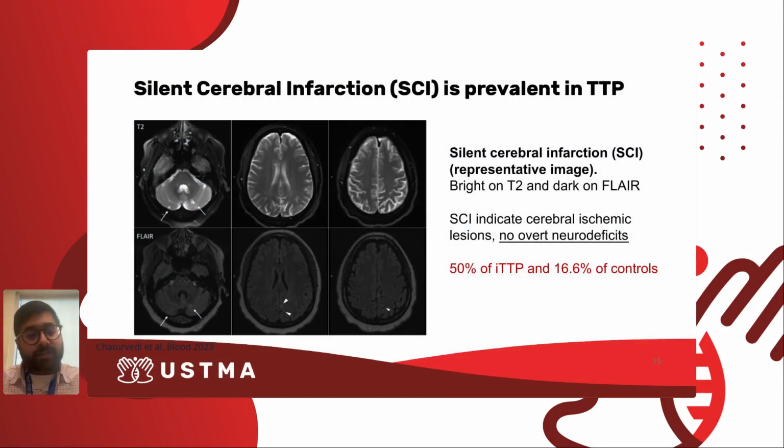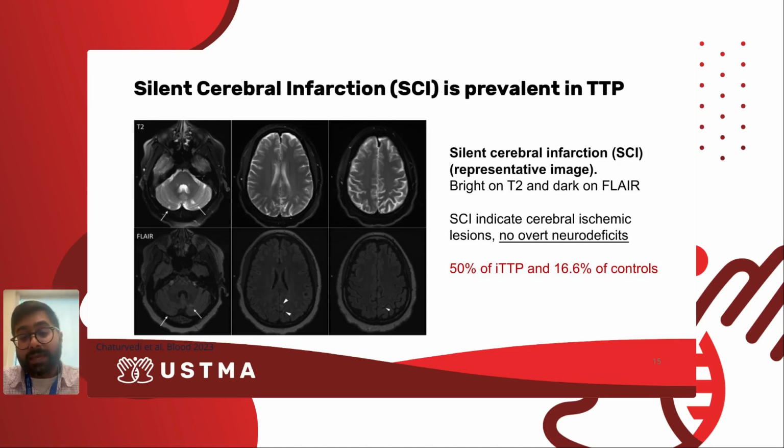Another thing from the Johns Hopkins group is that silent cerebral infarction is very prevalent in TTP. Silent cerebral infarctions are essentially infarctions or stroke events that occur and are detected on MRI imaging in the absence of any overt neurological deficit. So there are no clinical neurological signs detected. However, these patients will still have evidence of some infarctions on